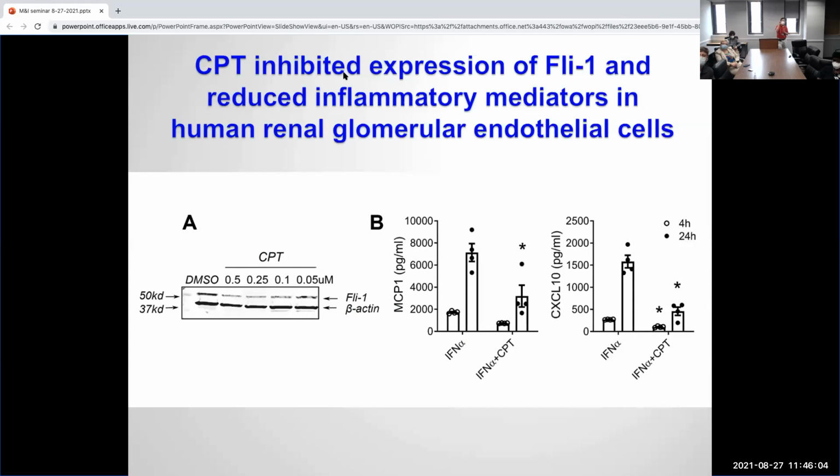Then we use human glomerular endothelial cells, and we treat with the CPT. You can see in A, we're using different doses. You can see the FLI1 protein decreased. And then we stimulate the cells with interferon alpha. And you can see in B, if you measure MCP1, if you treat with interferon alpha and treat with CPT, they produce significantly less compared to the DMSO vehicle control treatment. And the same thing with CXCL10: because CPT reduces FLI1, they produce significantly less CXCL10,